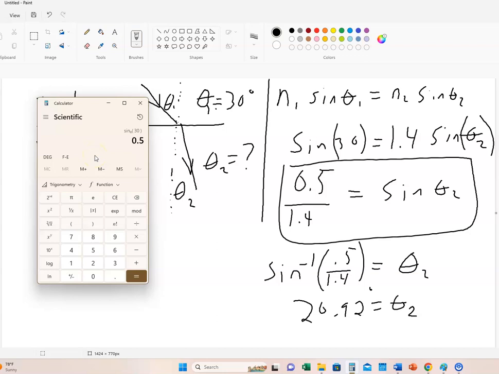So make sure that if you need to, come to my office hours, bring your calculator, of course, and I can always help you figure out how to get to degree mode. That's really important. And then figure out where the arc sine is on your calculator. It's usually this little